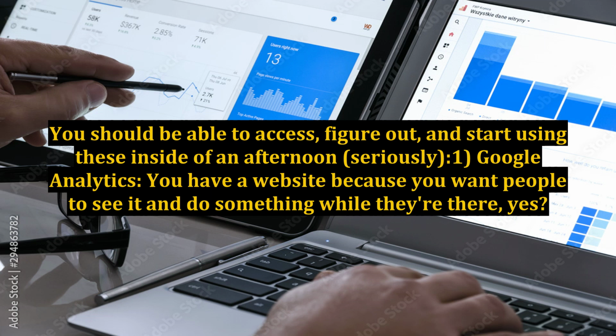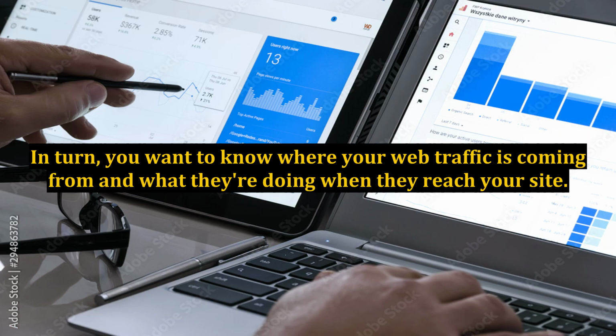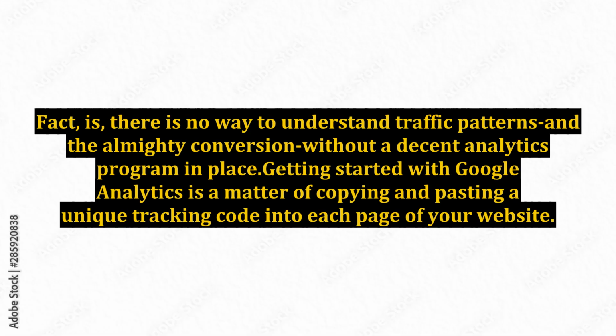there, yes? In other words, you're seeking some kind of conversion or action from your web traffic. In turn, you want to know where your web traffic is coming from and what they're doing when they reach your site. Maybe they're clicking here and there, maybe they're leaving as soon as they arrive, maybe they sign up for your newsletter before they bolt. Fact is, there is no way to understand traffic patterns and the almighty conversion without a decent analytics program in